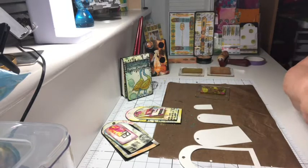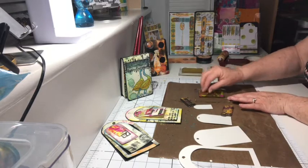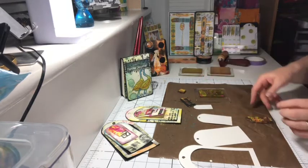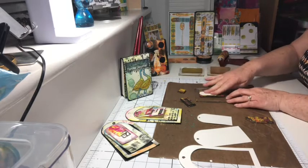I'm just going to get some stamps. This is a mix of all my stamps. I'm just going to put some pattern in that gel print there. A few dots even there. This might not work because it is a little bit dry. This gel plate needs to be messed up a bit. So